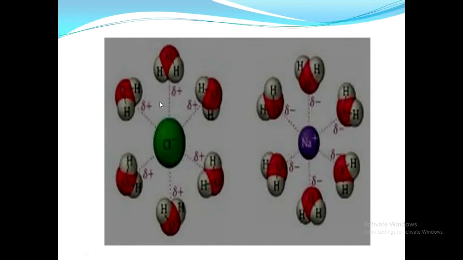from the diagram here. In the case of the chloride negative ion, the water is surrounding the chloride ion with the help of its hydrogen sides, which are partially positively charged, and these dipoles are interacting with the chloride negative ion so as to form the ion-dipole forces of attraction. Here the dipole is coming from the water, while the ion part is the negative charge on the chloride ion, which is interacting with the water molecule.